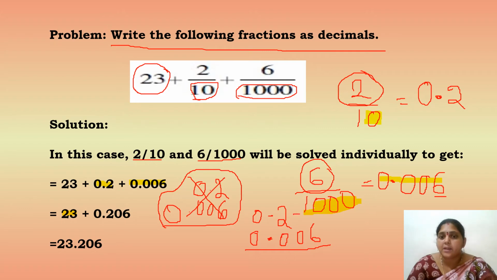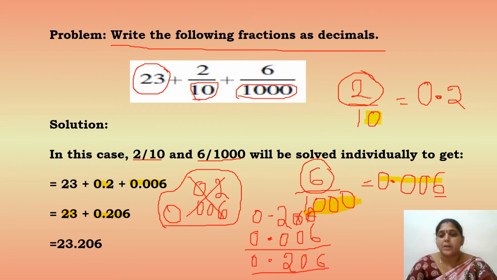You are not having any zeros after 2, so write 0 or simply put a mark, right? Now add 6 plus 0 it is 6, 0 plus 0 it is 0, 2 plus 0 it is 2. Now put your point. 0 plus 0 it is 0. Nice. 0.206 is our answer.